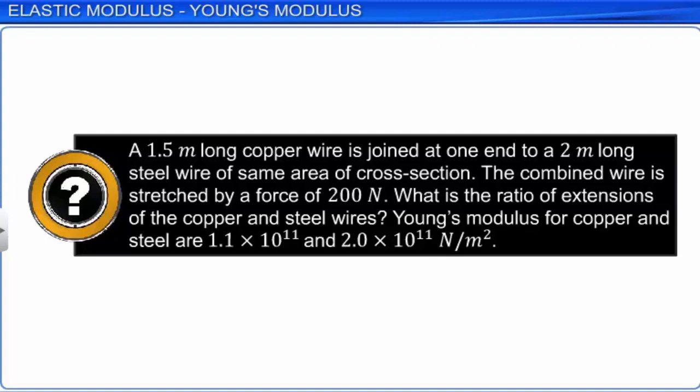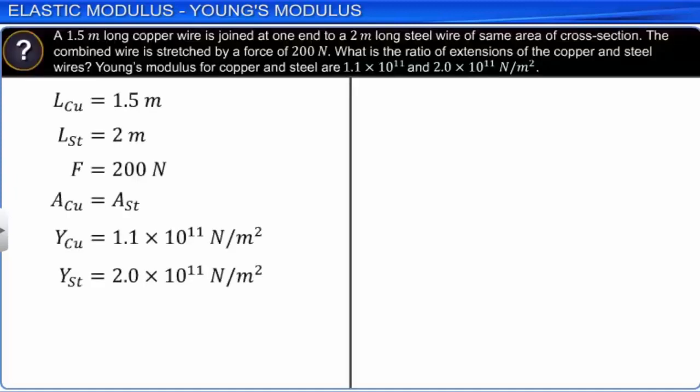The values given in the problem are the original lengths of the two wires, load, and Young modulus for each material. We write the expression for Y for the copper and steel wires. We divide equation 1 by equation 2 and cancel out the equal values of areas of cross-section and the force